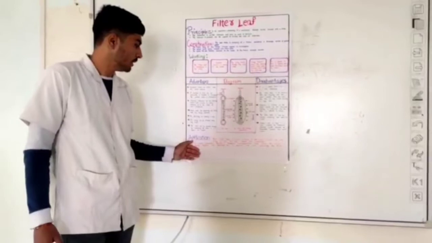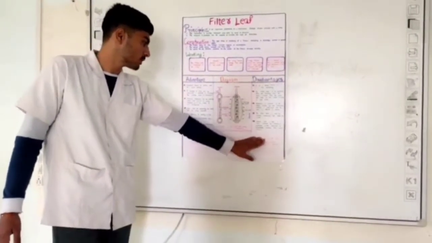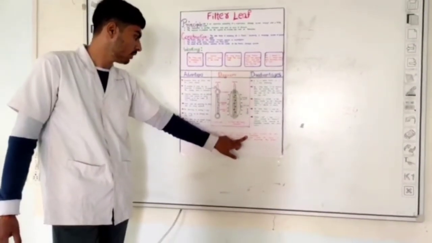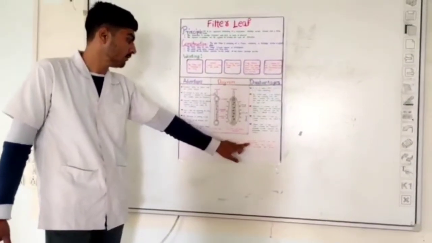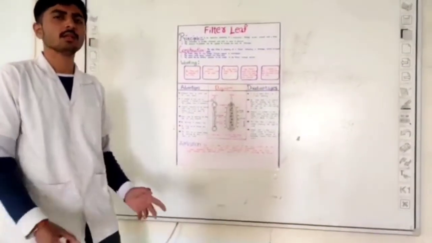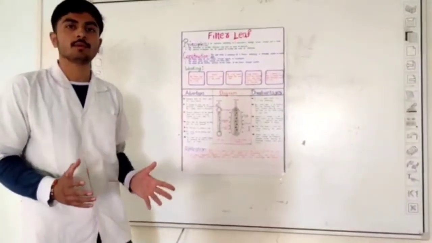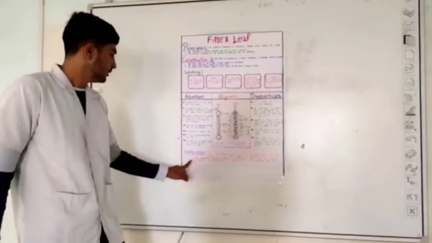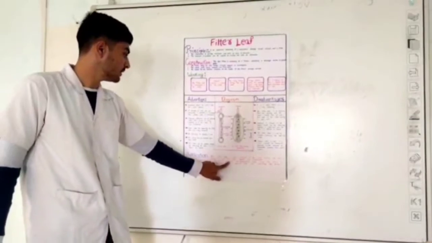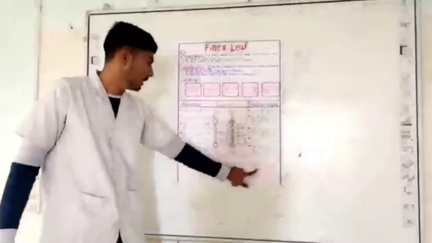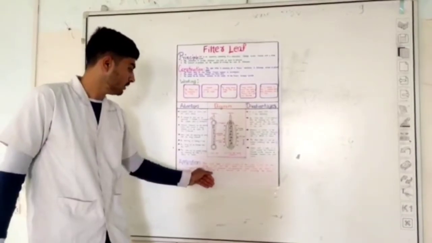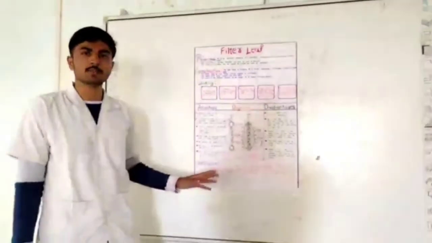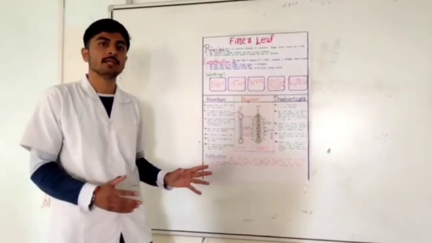Now let us move towards the application. The filter leaf is most suitable for slurry whose solid content is not too high, not greater than 5%. That is, we cannot use this type of filter where a high amount of solids is present in a slurry. Only 5% is appropriate for it. A higher proportion results in excessive non-productive time while the filter is being emptied and refilled. This is observed while operating the filter. As we discussed earlier, it is a time-consuming process. That is, the cost of operation will increase comparatively.